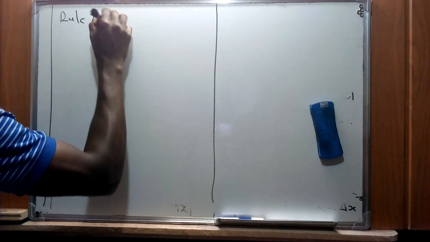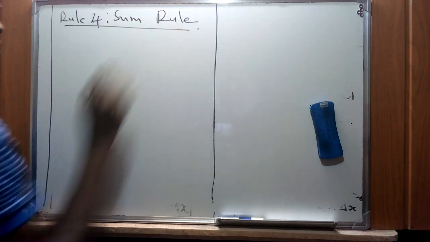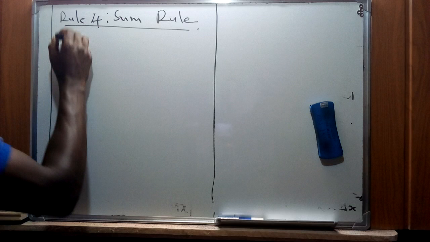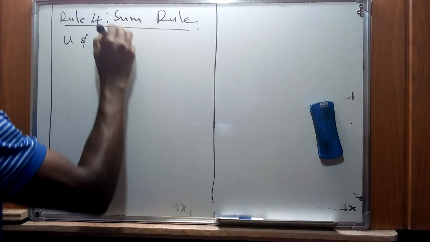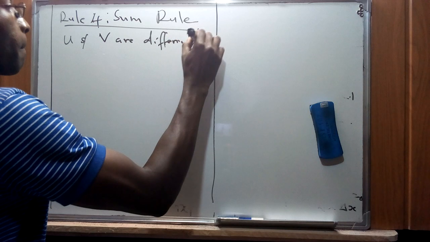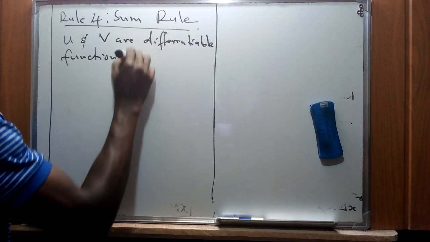The sum rule: what will be the derivative of two functions? For instance, if we have u and v, which are differentiable functions of x,